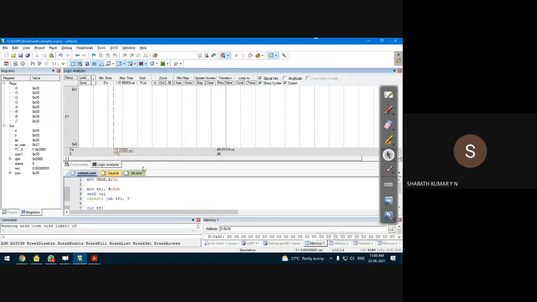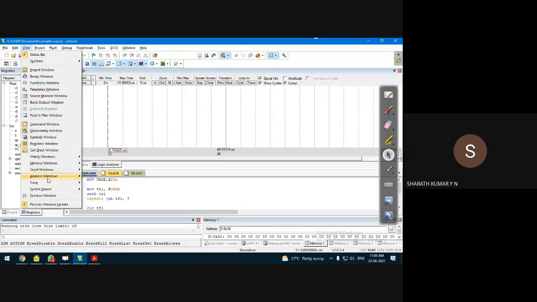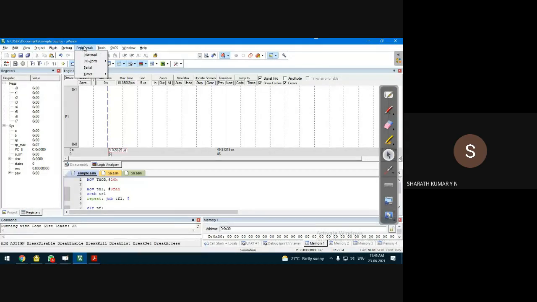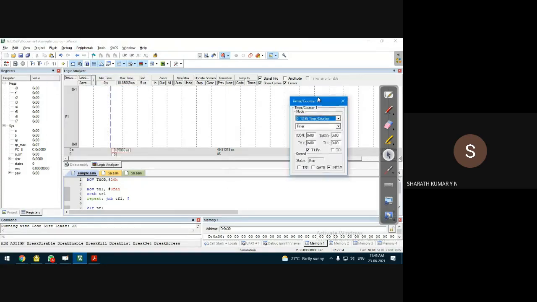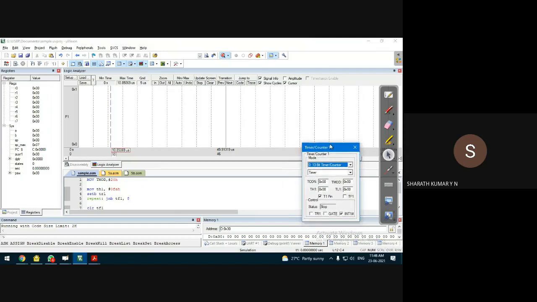We also have to see the timer window. Sorry, it is peripherals, timers. I'm using timer 1. Here we go, timer 1. So let us observe this program now.